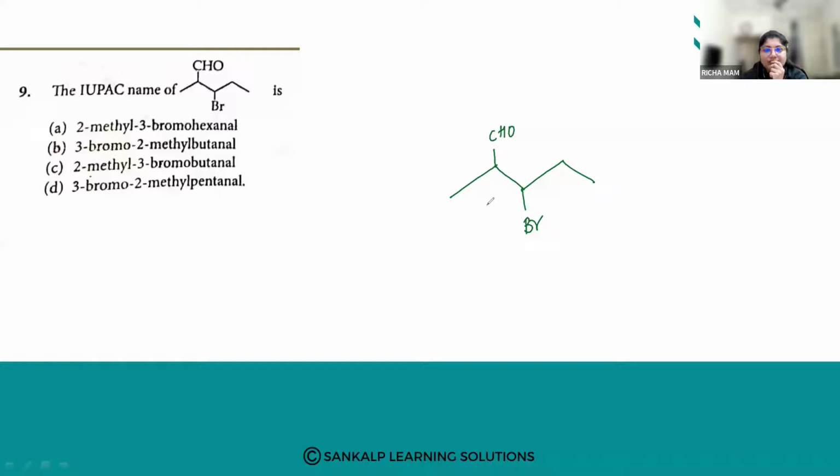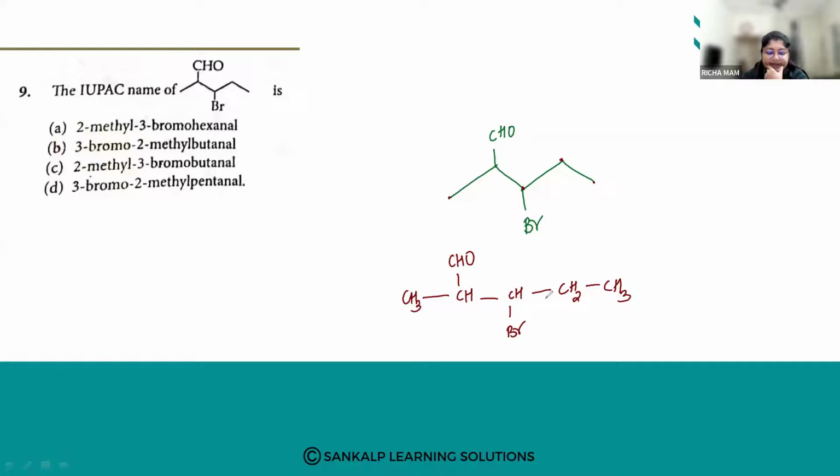If you do not understand, these open ends are called the methyl groups. Okay, these are the methyl groups. And how you are going to see now: CH3, then CHO. Next is CH, Br, then CH2, then CH3. So these open ends are CH3. Here it is CH, this is CH2. Fine. Now, let us write how we are going to number this.